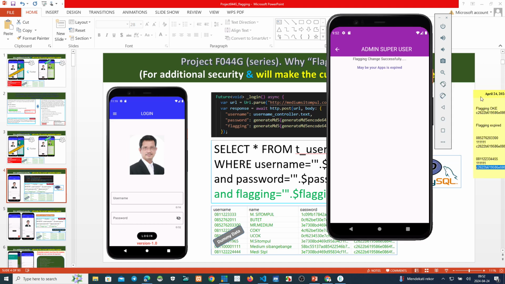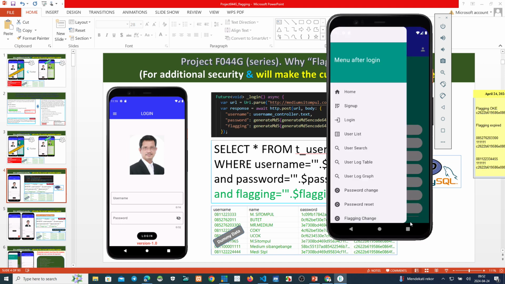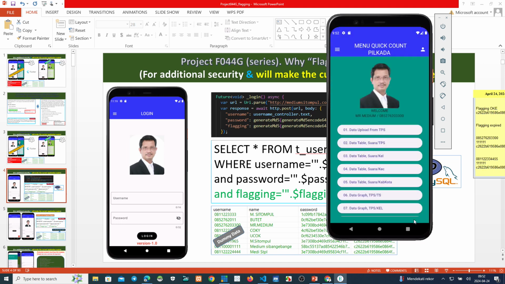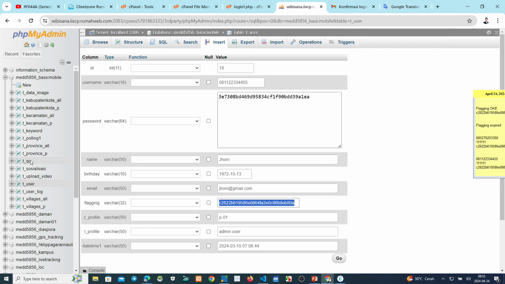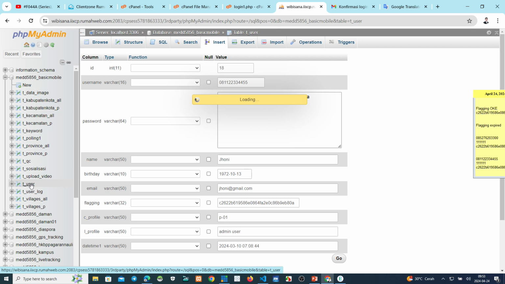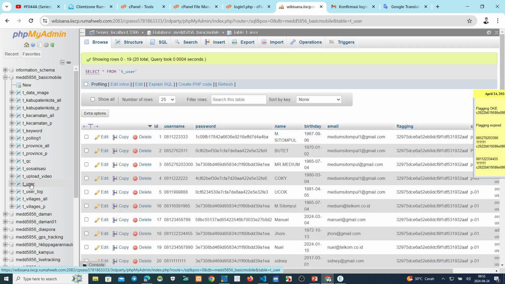After we change this flagging, we can see this one. This is the user. We see the last flagging. This is the username.